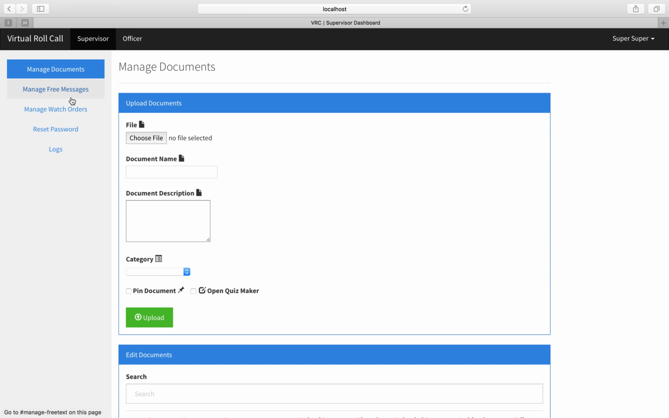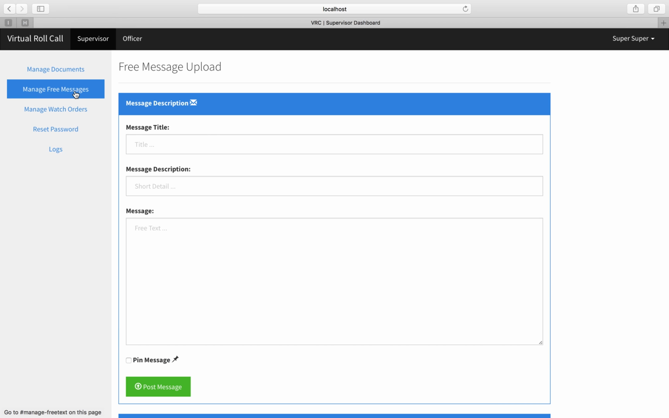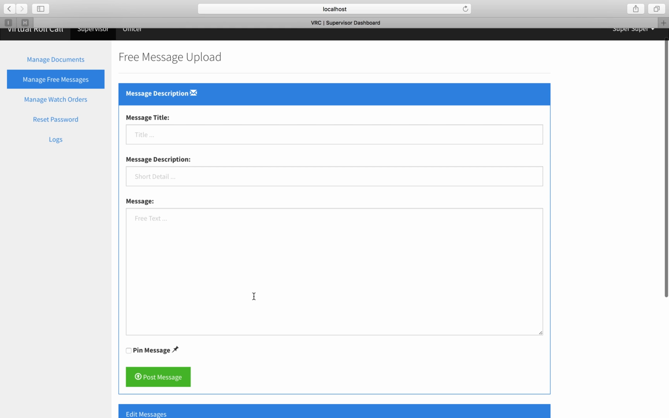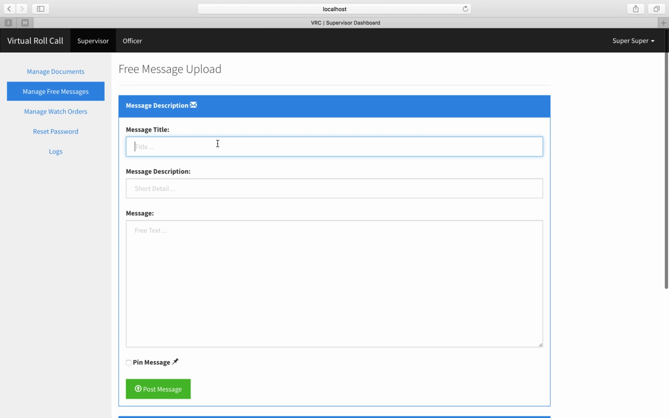The second task involves managing free messages. What this is about is it simply consists of a string of words, as if the supervisor is speaking naturally. It is also called free text. There is no image, there is no structure, there is no format. All that we need is a title for the message, demo, a message description, which is a text demo, for example, and a short message, which is this is about free